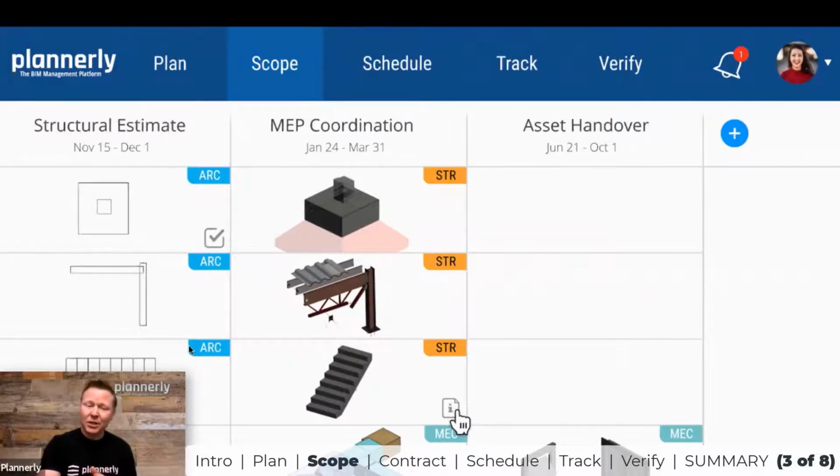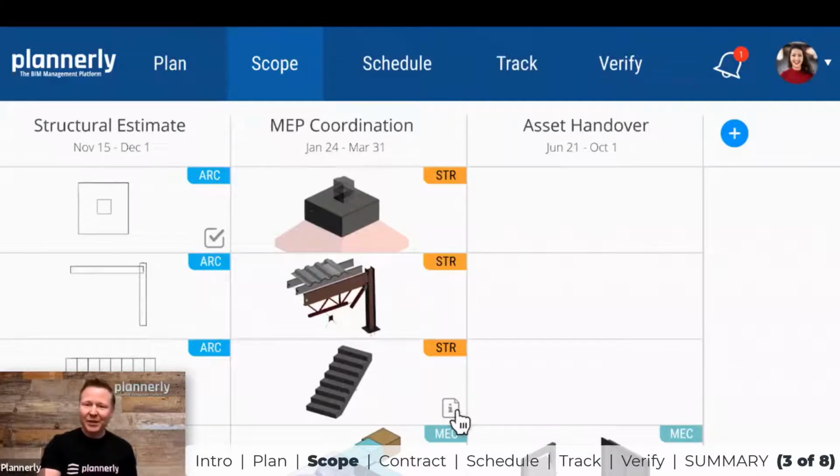certain teams, so that you can see maybe the handover from one team. Maybe early on, the architect is responsible for the stairs. Later on, it might be the structural engineer. And being able to define that early from templates makes it easy for the owner to understand what the assets are maybe at handover and what information requirements are needed to slim down those responsibilities for the rest of the teams as they go through the design and construction process.